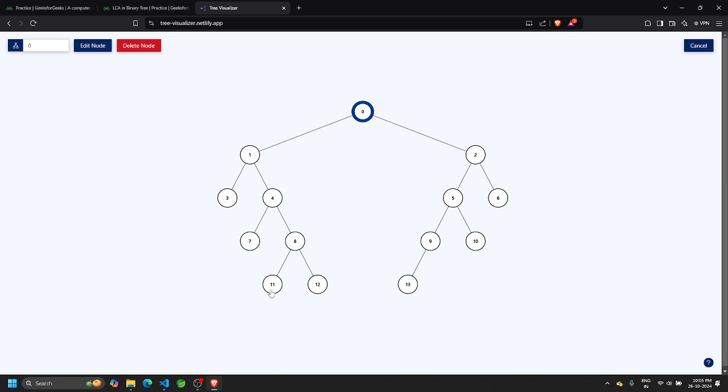And then from the other node, consider 7 or 11, both make no difference, we will start to make another path from the current node to root. During creation of that path, if by any chance we encounter the other path which the other node made, that means we have an intersection. In other words, that is the parent. I hope you understood. First we'll do a line from 12 to 0, and then a line from 7 to 0. And the point where the lines of 12 and 7 intersect is the point where the